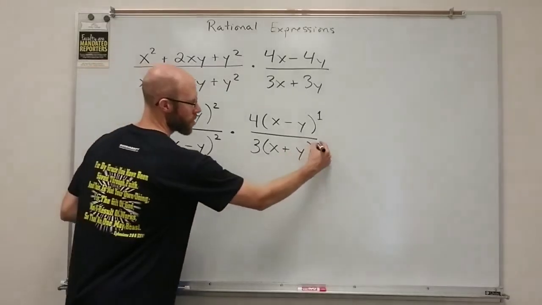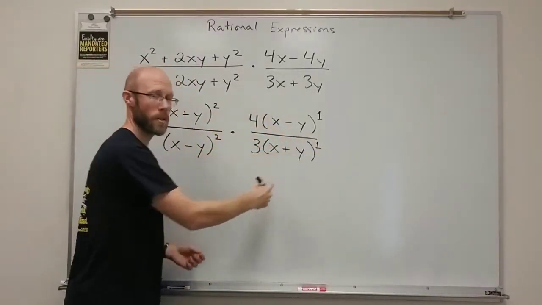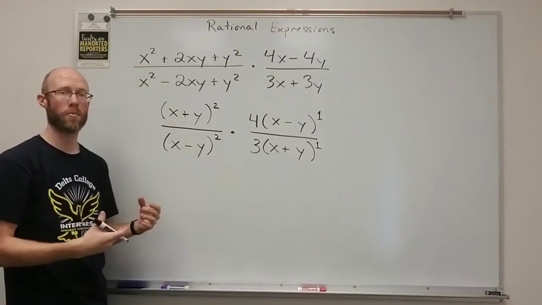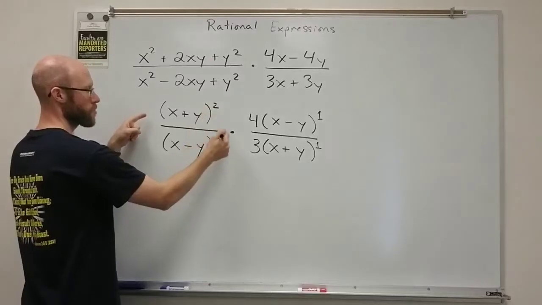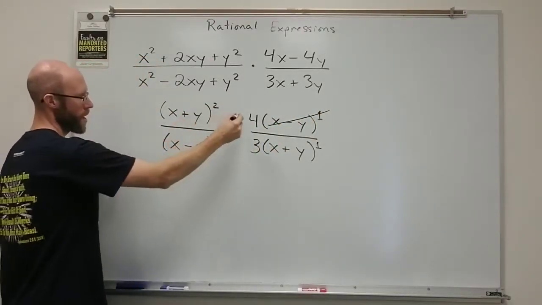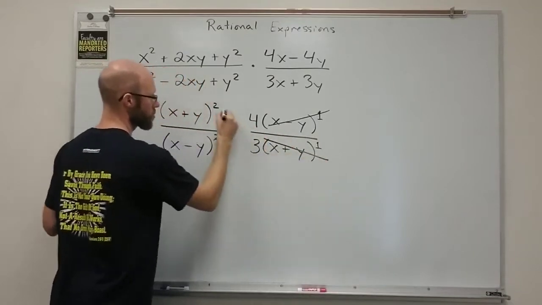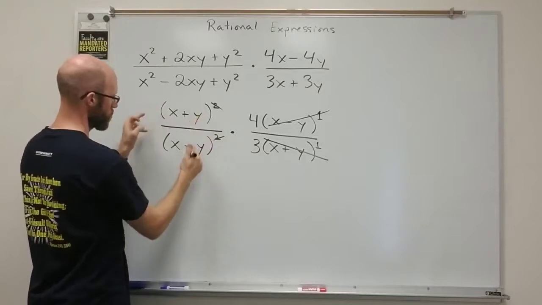And we can do the same sort of thing. Think of this as a 1 with the x plus y. So you've got 2 on top and 1 on the bottom. You cancel 1 out, you end up with a subtraction or a difference in the powers. So we'll be left with, this cancels off with one of those, and this cancels off with one of those. So we're left with x plus y,